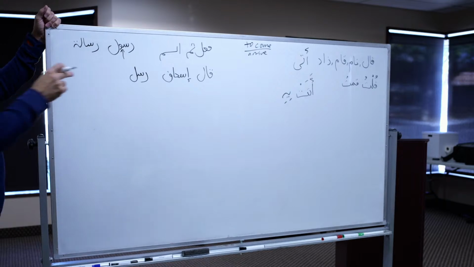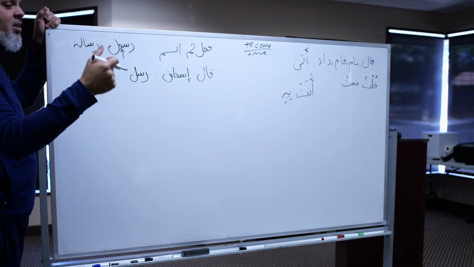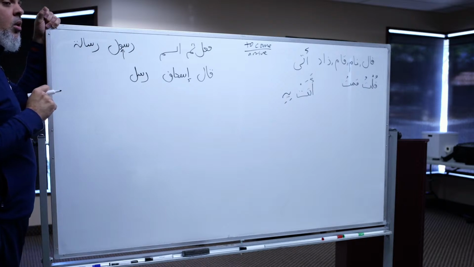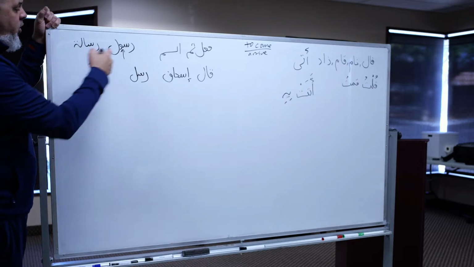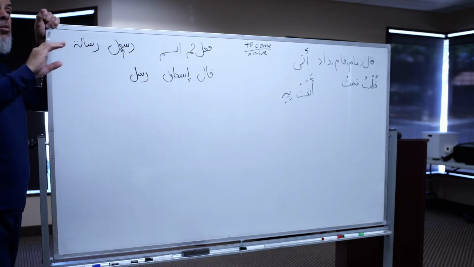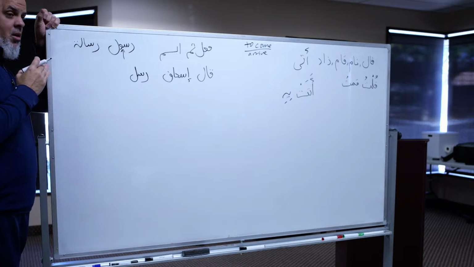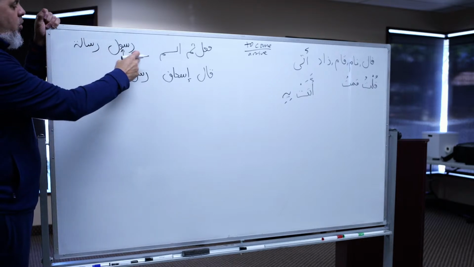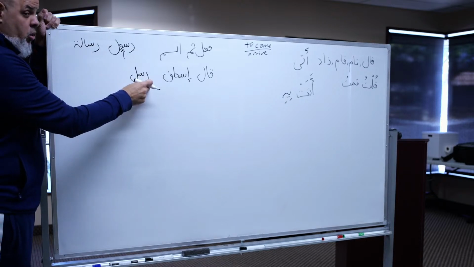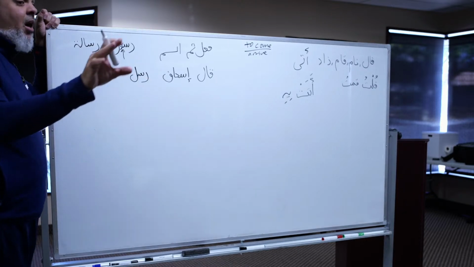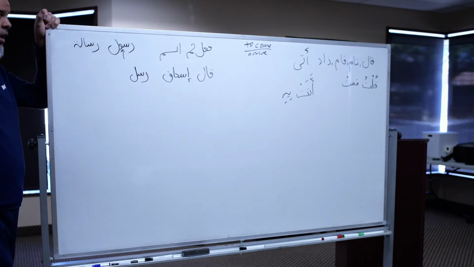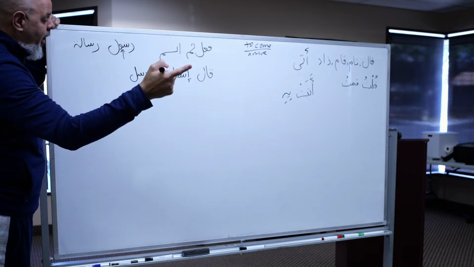And therefore, this kind of plural, is it a sound plural or not? It can't be. If it's sound, where did the waw go? Remember, the definition of a sound plural means that you add una, ina. We don't have rasuluna or rasulina. We have rusul. So it's not sound, because the waw disappeared.